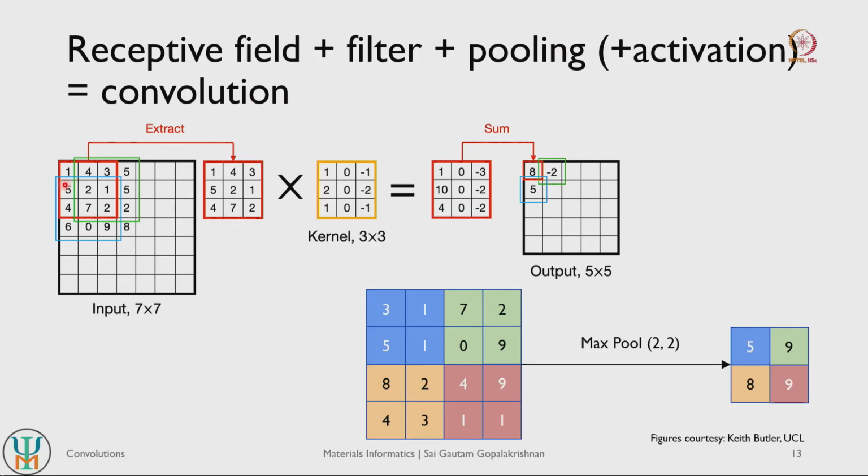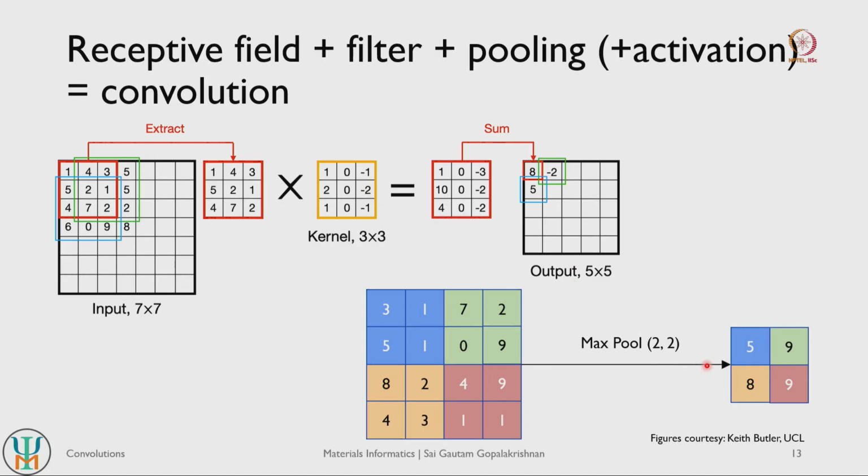So let us say you have this information here. First is your definition of your receptive field, you extract this matrix, you multiply that with your filter, whatever you want to recognize, and that is your resultant matrix value here. You can do something like a sum pooling here, or take a summation of the values here, and then you have a representation of your final neuron here, right. So in other words, you have converted the representation of this 7 by 7 matrix into a simpler 5 by 5 matrix, highlighting this type of filter, right. So that is what you do in a simple convolutional operation.